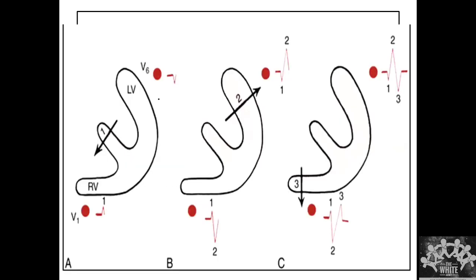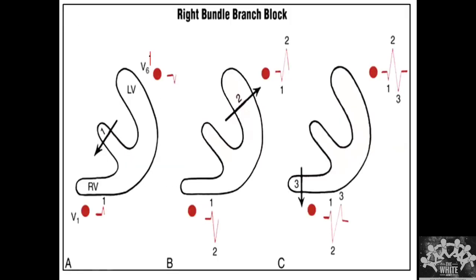So we'll see how the right bundle branch block is formed. This is depicting how the right bundle branch block pattern is going to be formed. We'll keep it simple. We are going to follow the normal conduction pathway, so we'll take only the QRS complex and determine it based on the QRS. There are two leads you should always look at, V1 and V6, and also lead 1, but these two are sufficient to make a diagnosis.